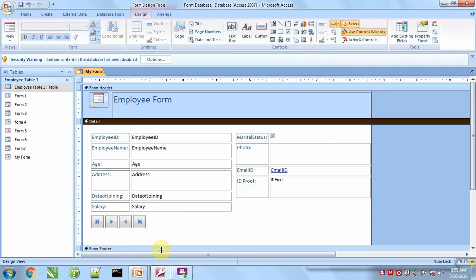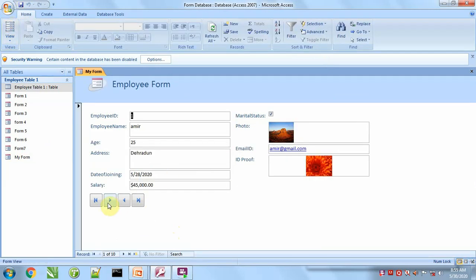Now we have to see a practical. Click on view. This will show the next record forward, and it will bring us backward. It will show us the last record, it will show the first record.